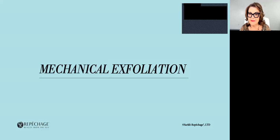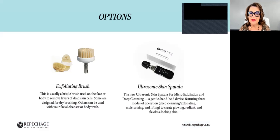Now, mechanical exfoliation that we all know is exfoliating brushes. Certainly, if you have any kind of skincare equipment, you still are using those. Make sure that you properly sanitize them. Or